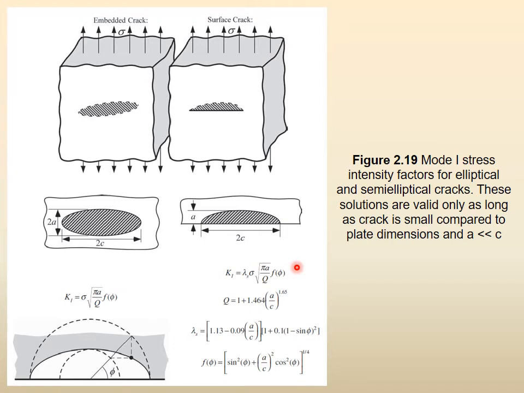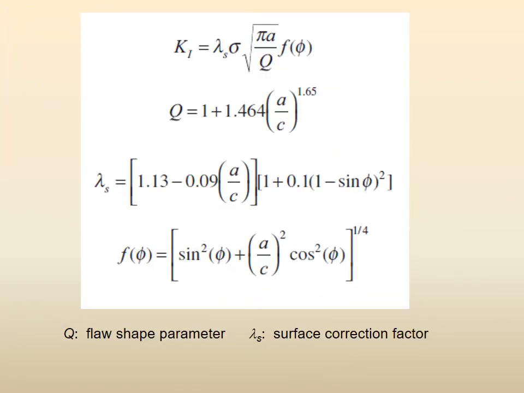So yes, the equation is big and complicated, but just to show it in a simpler form, we show it like this, and then we define Q separately, we define lambda separately, we define F of phi separately, right? So I am just showing you a blown up version so that it is very clear for you that the equation for K1 is there. Equation of K1 is this.